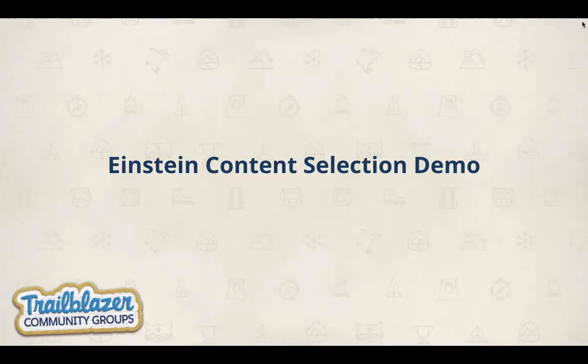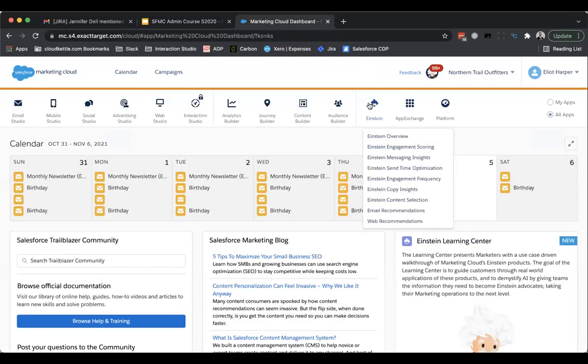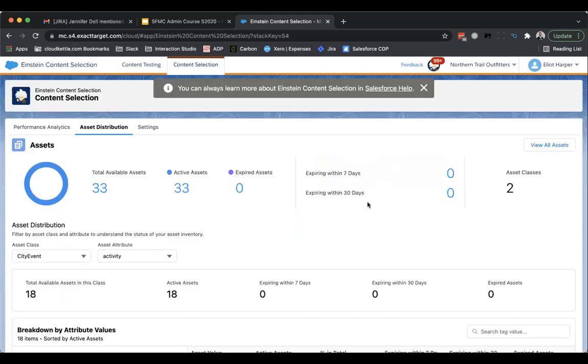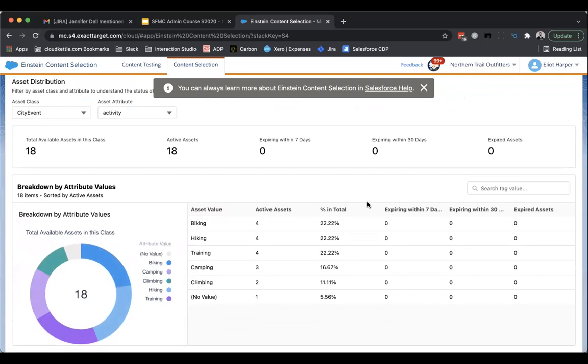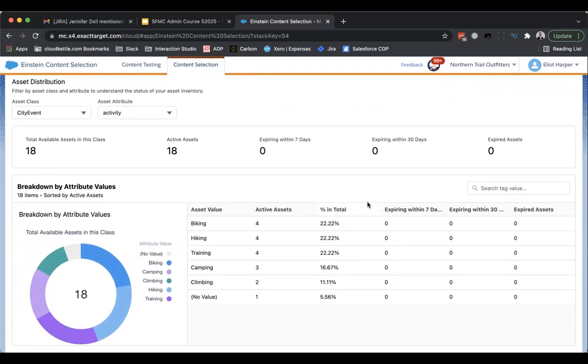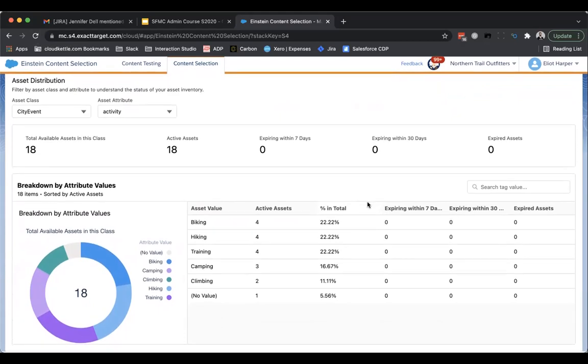I'll just quickly show you this feature in action here. So, Einstein content selection. Not really doing anything for me today. Oh, here we go. Here we are on just the overview page, and we can see a breakdown of